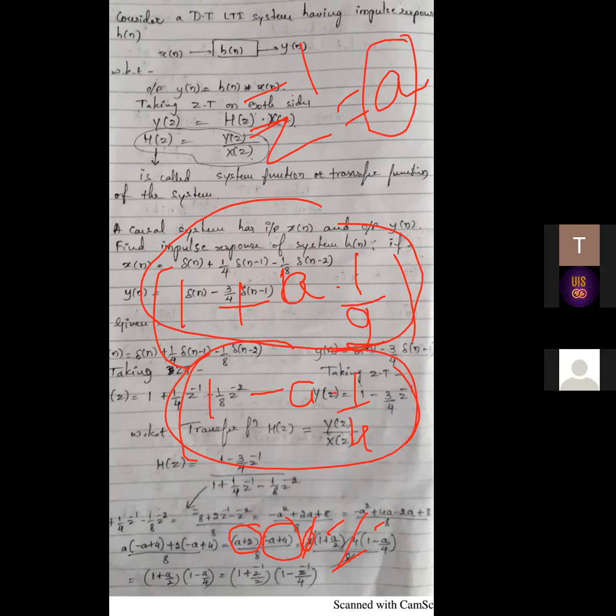And then replace this a by z inverse, because for our ease we had replaced z inverse by a in the quadratic equation. Finally, put a as z inverse. So you will get these two factors, 1 plus half z inverse, 1 minus 1 by 4 z inverse. So the first part is over. In the partial fractions, we have got two factors. Now with this, we should go for partial fractions.